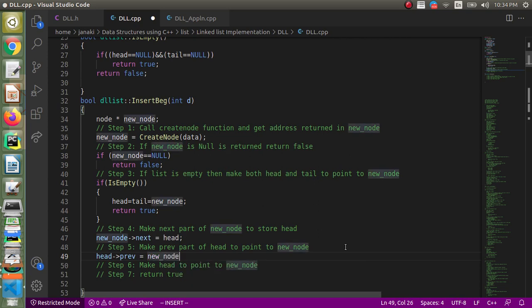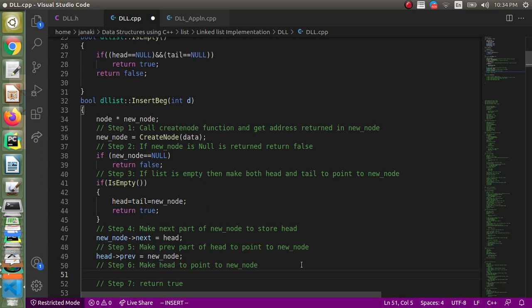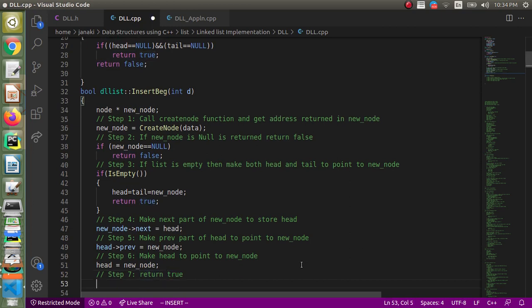And we have to make head point to the new node, because this is insert beginning, we have to change the head. So we will say head equal to new node, and then we have to return true.